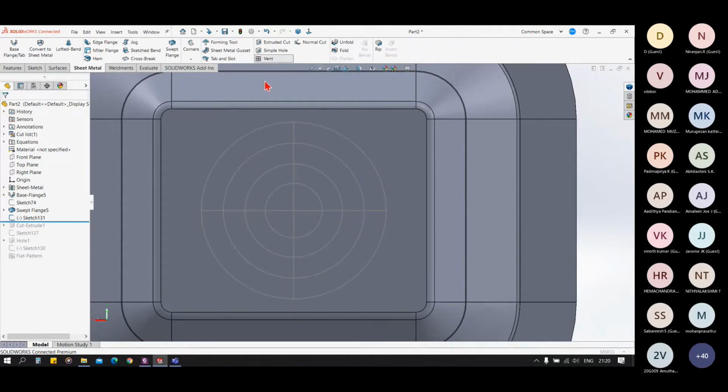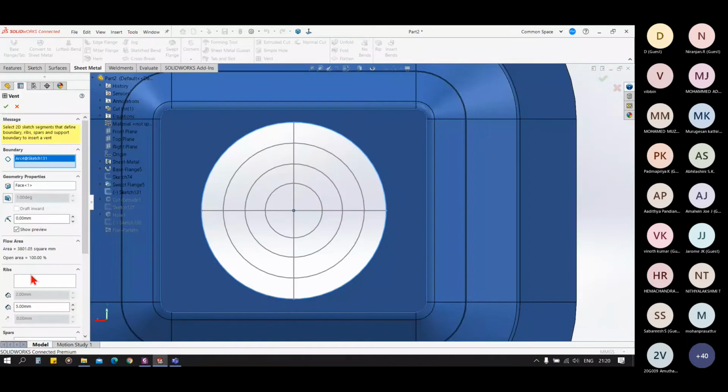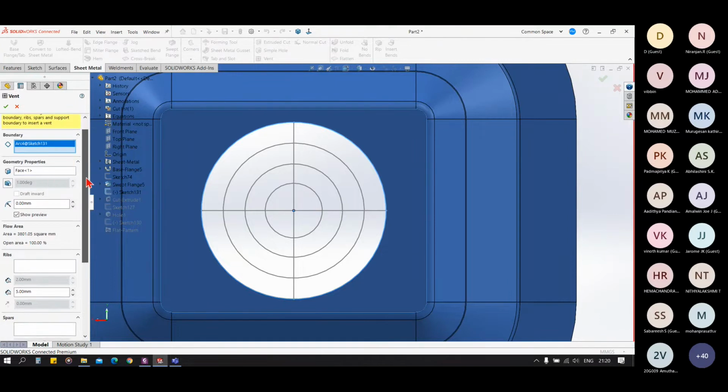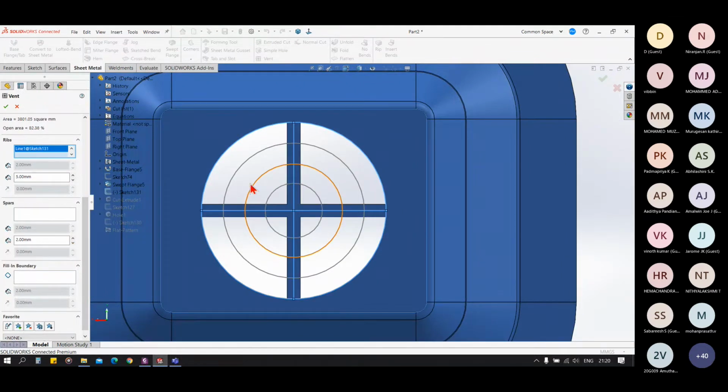And in the vent, when we select the boundary, you can see now we can have our ribs like this.